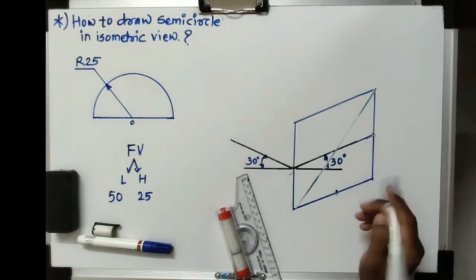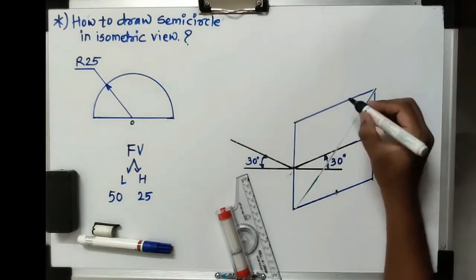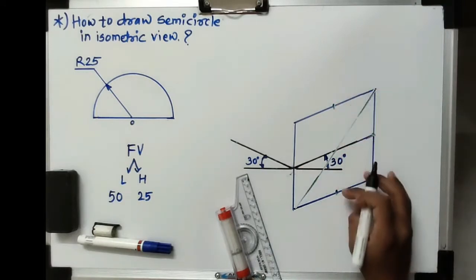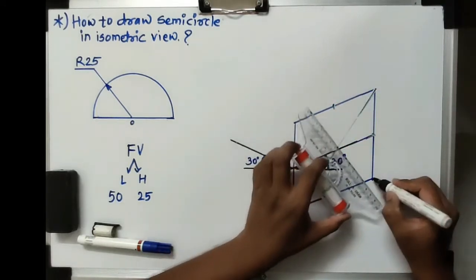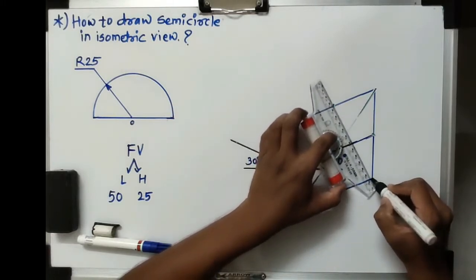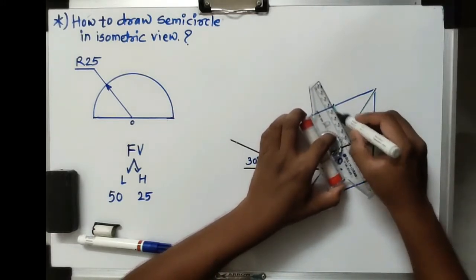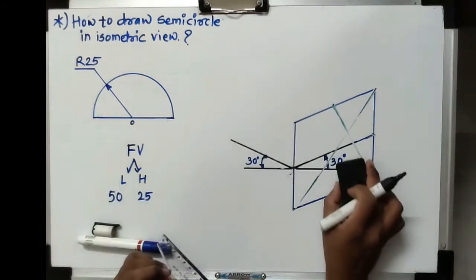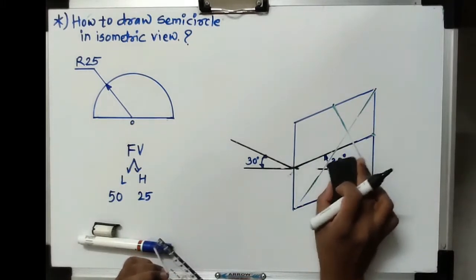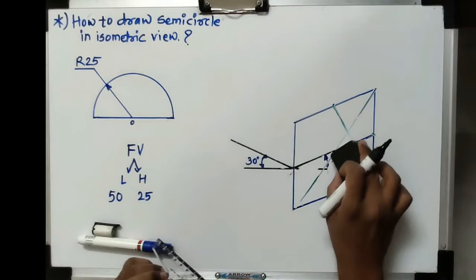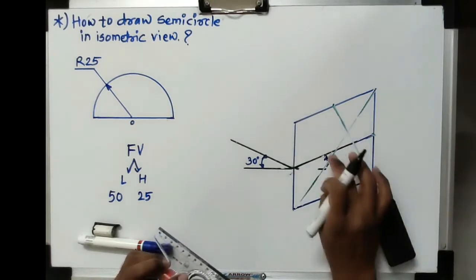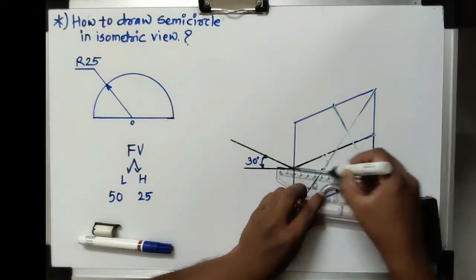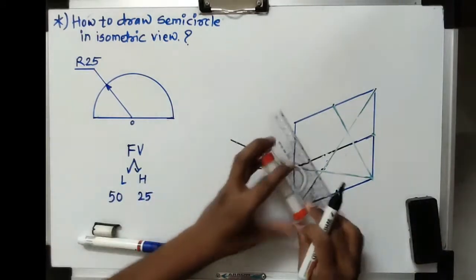First of all, after locating the longer diagonal, we have to locate the midpoints of all the edges. These are the 2 existing midpoints and these are the upper and lower side midpoints of the edges. Now suppose I represent from this corner point, I have to join the opposite side midpoint in this way, and here also. For the time being, I will erase this horizontal line which has the 30-degree inclination, so you will be able to understand. That is the initial stage, so I will rub it here so that it will not create confusion. So this is the next line. Now from this corner point also,